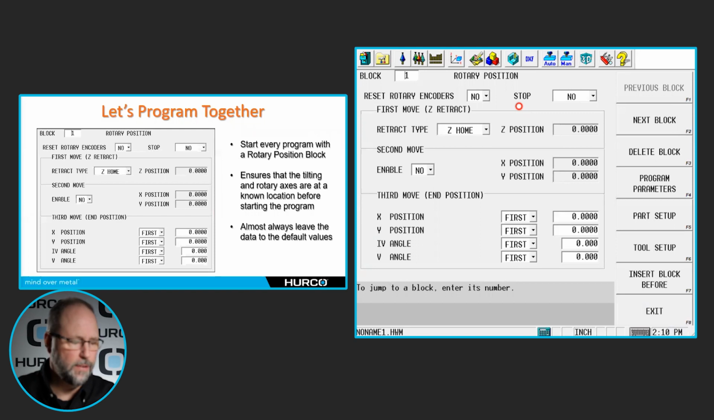I'm going to go through some of the fields here in the rotary position block so you can see some of the options that we have for this block. But typically, I'd say 80% of the time, I just insert it as a rotary position and move on. I don't worry about any of the settings. There's usually a specific reason if I'm going to use those. Here on the first set of